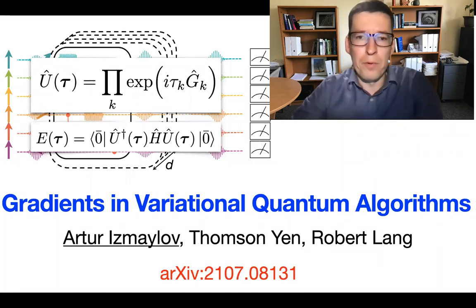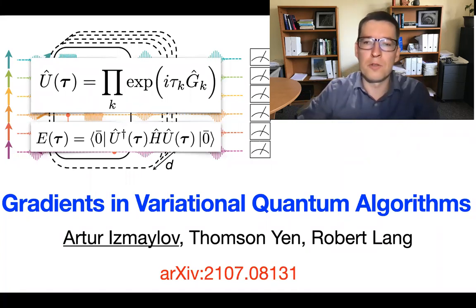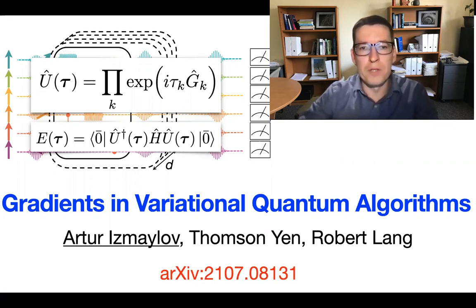One of the most popular algorithms in near-term quantum computing are the variational quantum algorithms. And in order to run them efficiently, one would like to have ways to optimize cost functions using gradients. And in this recent work that we submitted to arXiv, we discuss how to calculate gradients efficiently for this type